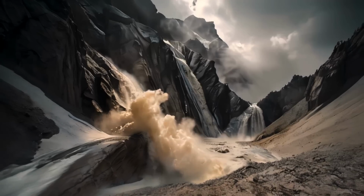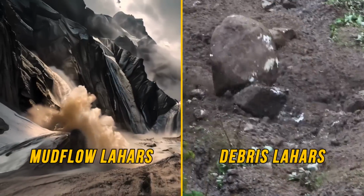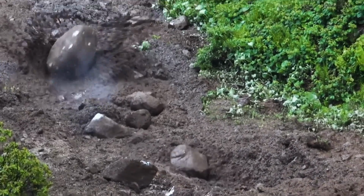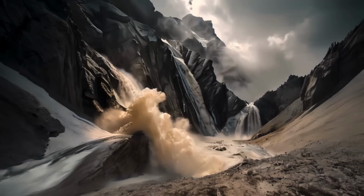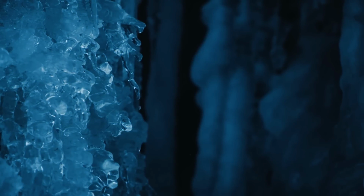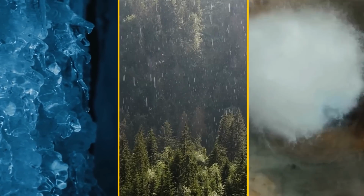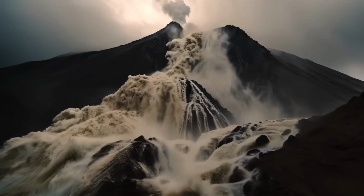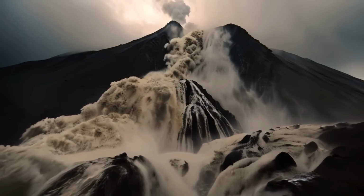There are two main types of lahars: debris lahars and mudflow lahars. Debris lahars are full of solid stuff like rocks and ash, while mudflow lahars are more waterlogged and sludgy. Lahars can be triggered by the rapid melting of snow or ice, heavy rain falling on loose volcanic material, or even a crater-like eruption. The volcano's characteristics and presence of water are key factors in how lahars form and move